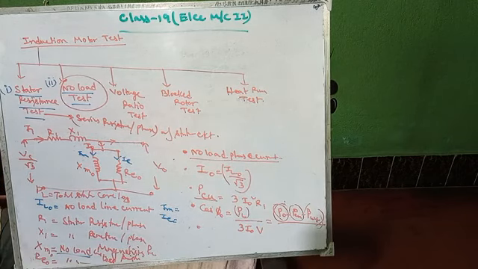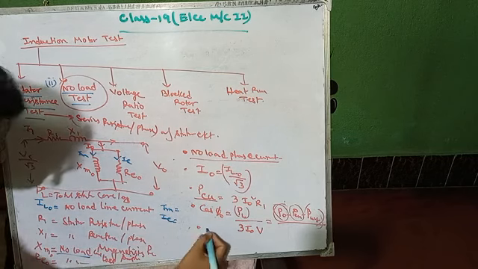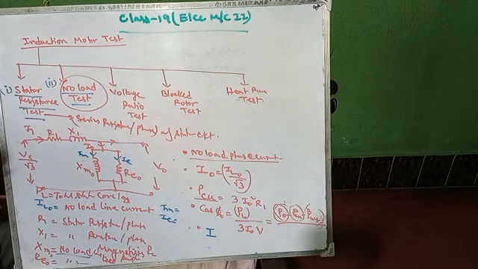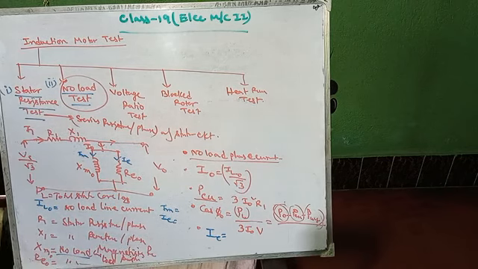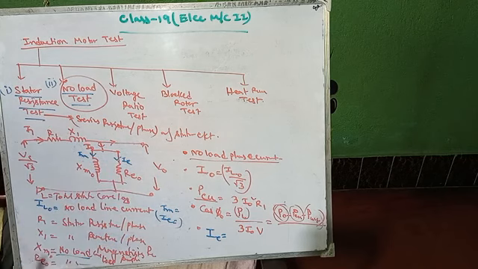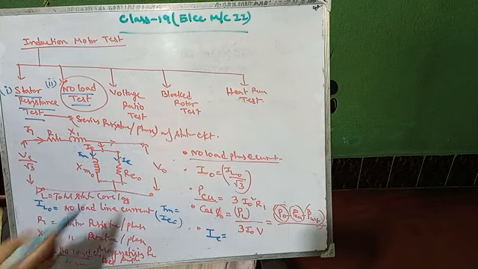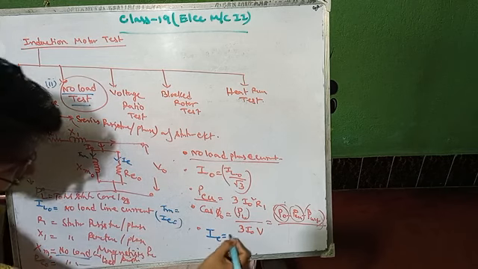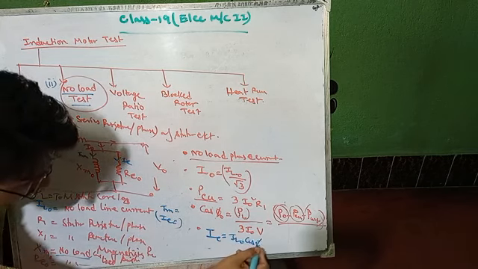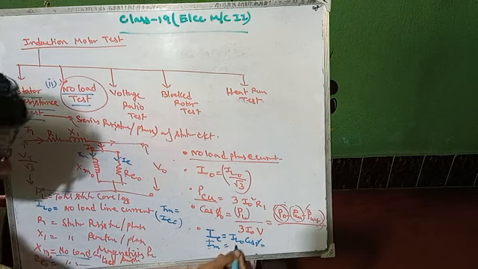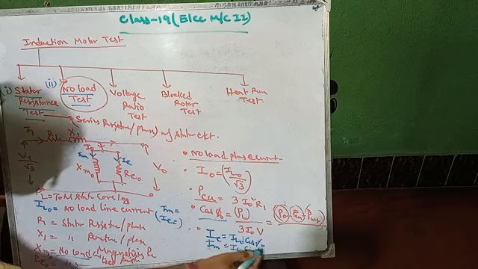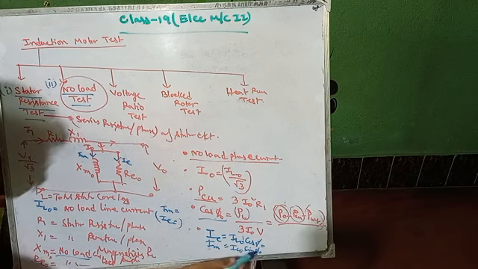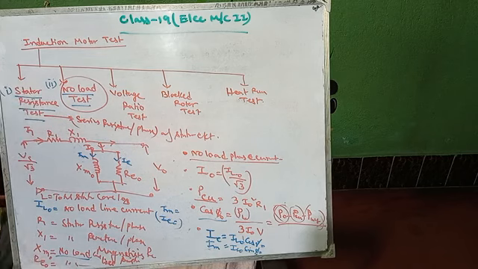And the fourth formula, energy component of load current, that is IE, this current through the core loss resistance. IE equals IL naught cos phi naught and Im equals IL naught sin phi naught. From this you can calculate cos phi naught, then easily calculate sin phi naught, put it over here, and you can get IE and Im. These components you can easily find.